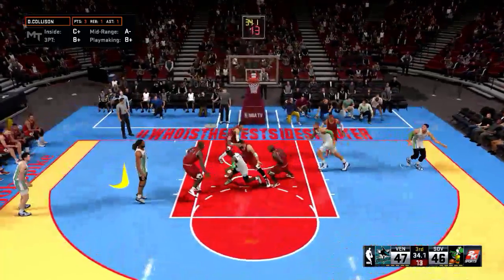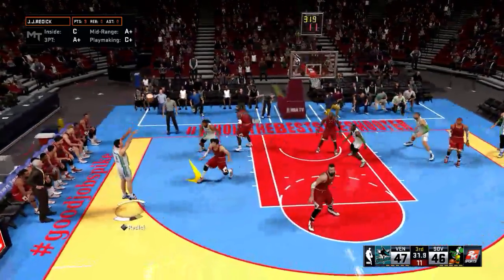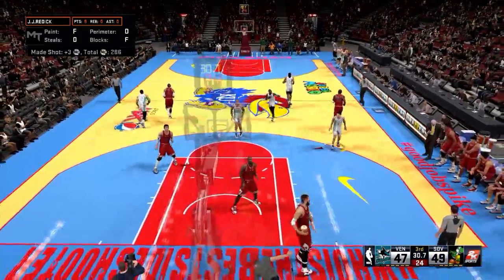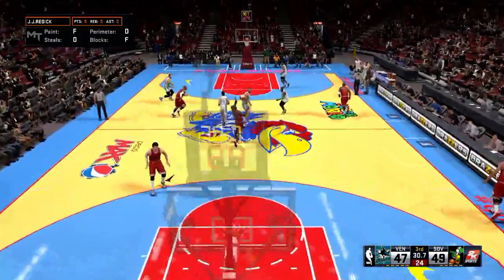The drive by Collison. Kicks it to Reddick. The 3. The shot's good. Collison making the play. Reddick's